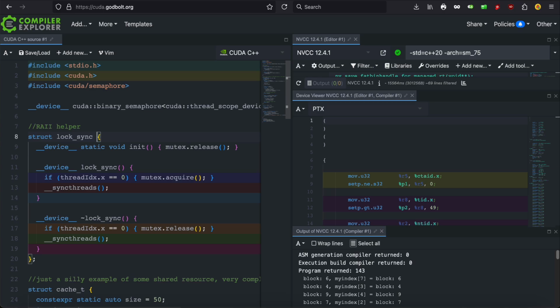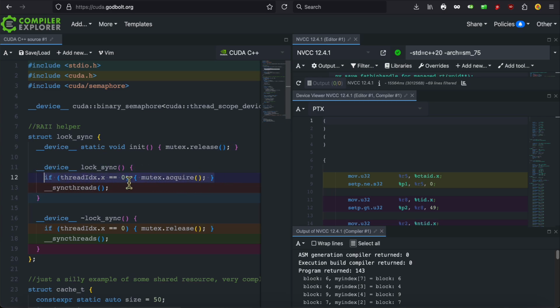Next, we add a little helper to create and destroy locks so that we get a lock within a scope, to make things easier. Then we have a constructor which acquires the mutex in a single thread, very important.